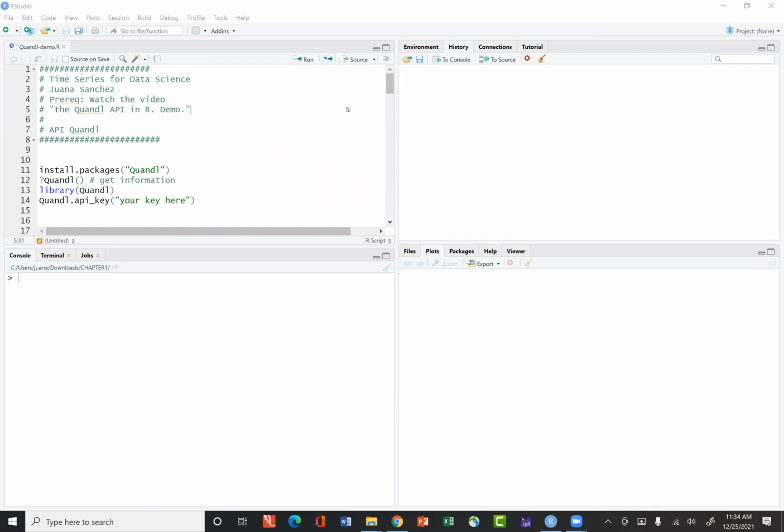In this video, we are assuming that you have previously watched the video titled The Quandl API in our demo. If you haven't, you should watch that video because it will show you how to obtain a free account on the Nasdaq.com website. With that free account, you will get a key, a secret, a very long kind of password that will allow you to access many databases